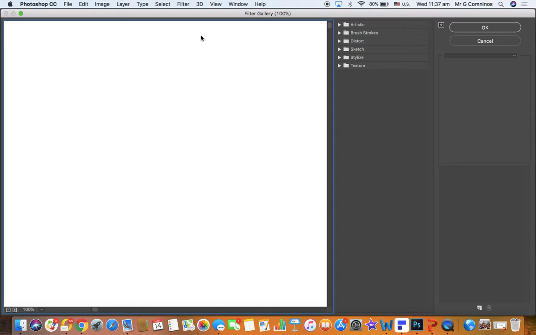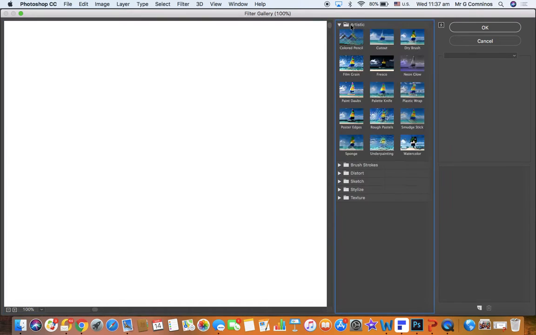Okay, you go to filter gallery, and up here you've got artistic filters. Now, if you wanted to make it look like a painting, for instance, you can go to paint daubs, which is one you can use. So if I go to paint daubs, you can play around with the brush size and all that sort of stuff. And you go, okay,